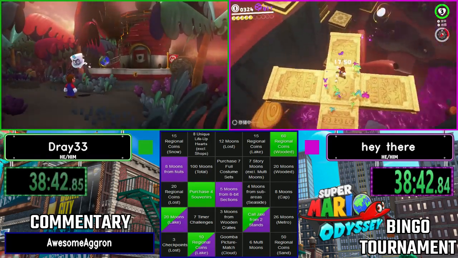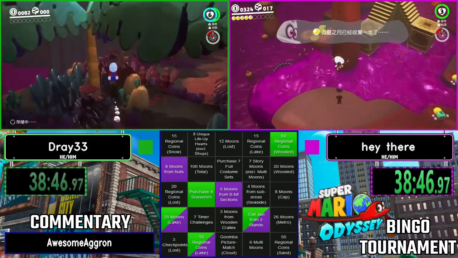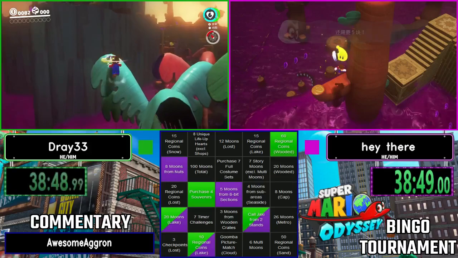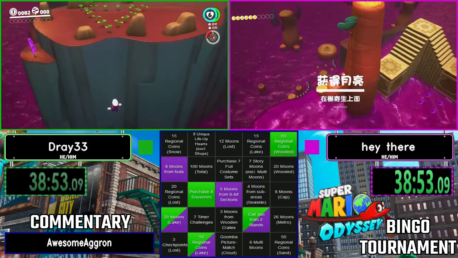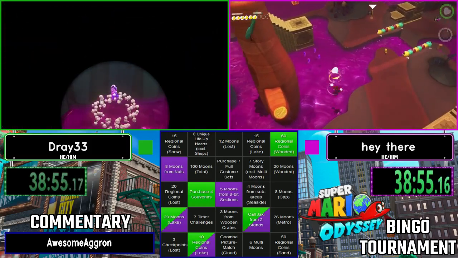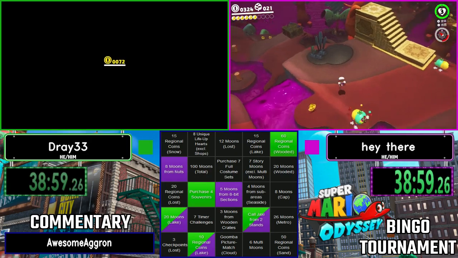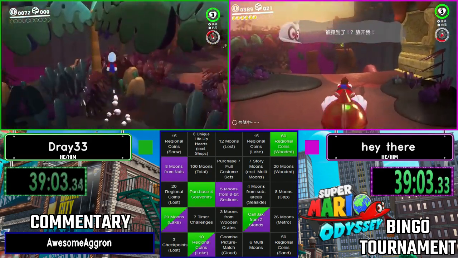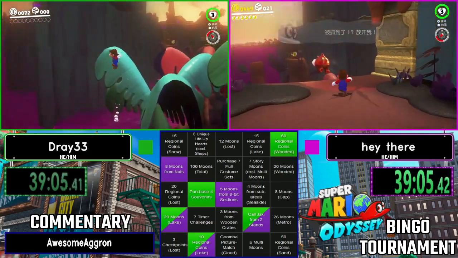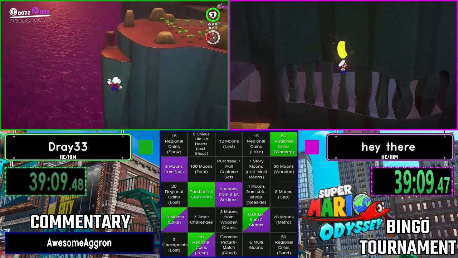Both runners in Lost Kingdom now. There are quite a few easy goals in Lost to collect, actually. You got the 3 checkpoints in the bottom left, the 12 moons in Lost, and the... Is that 20 or 30 regionals? I gotta look at the actual card. I can't see it on the freaking commentary. 20! Alright, 20 regionals. Basically, all of those goals are actually pretty easy to do. It honestly...